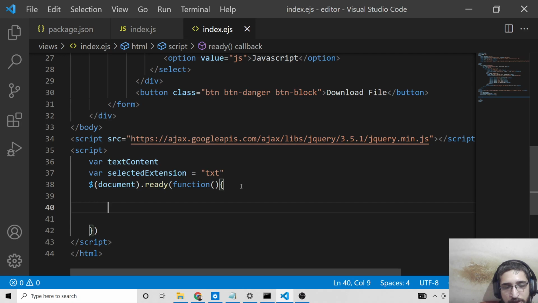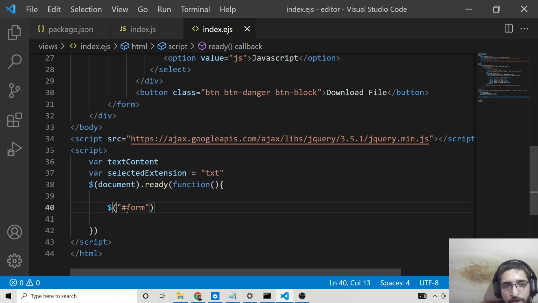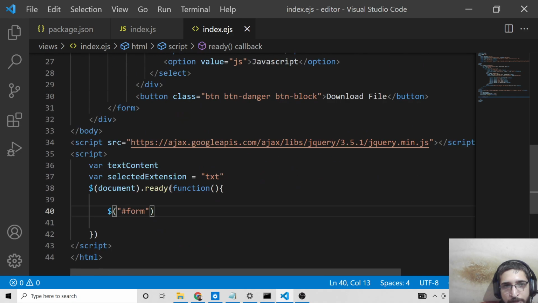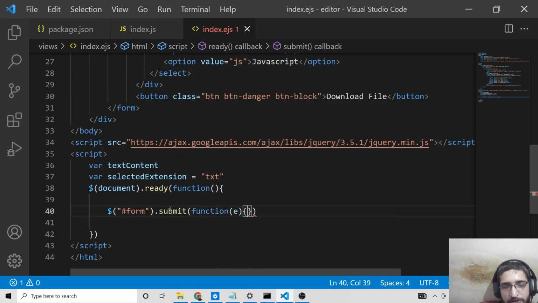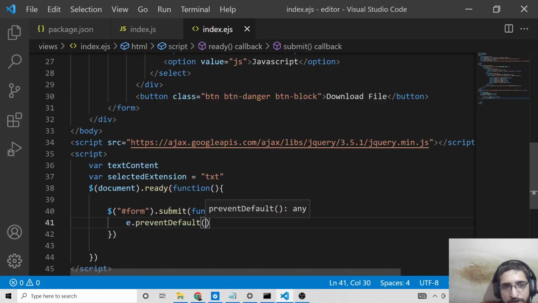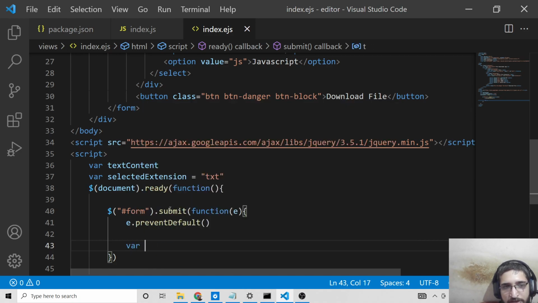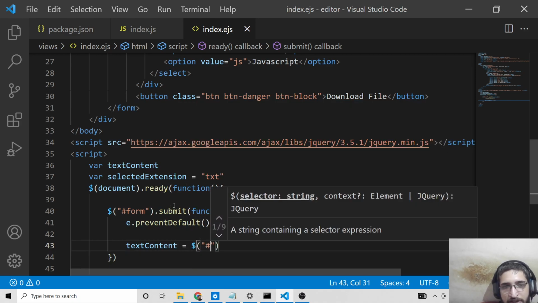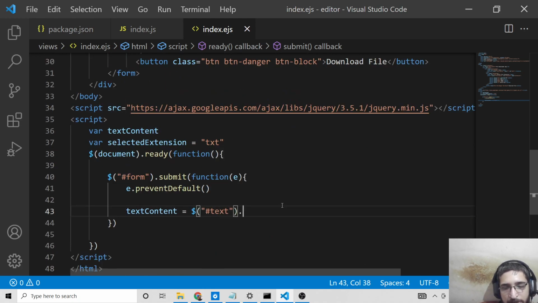So now we will have this code which is form. We can select the form by its ID. We have provided this ID to it, form here. So when the form submits, you can see this is a submit method. This will hold the e parameter. So we can prevent the auto submission of the form by using e.preventDefault. And then we will get the text which the user just entered by using the syntax of jQuery. We can select it by the ID that we have provided here, which is text. And there is a val method which will get the value that the user entered. And similarly we can do this for extension as well.